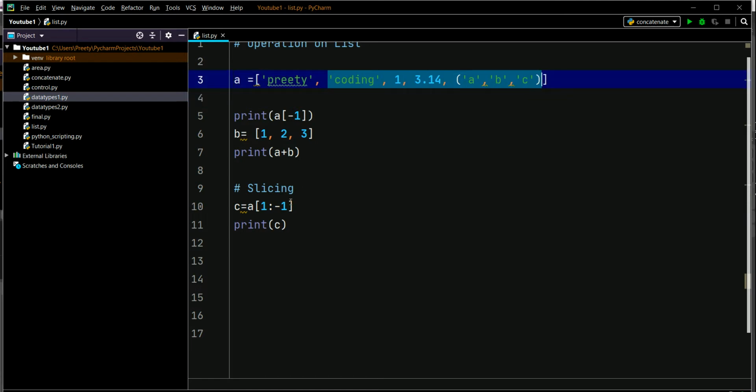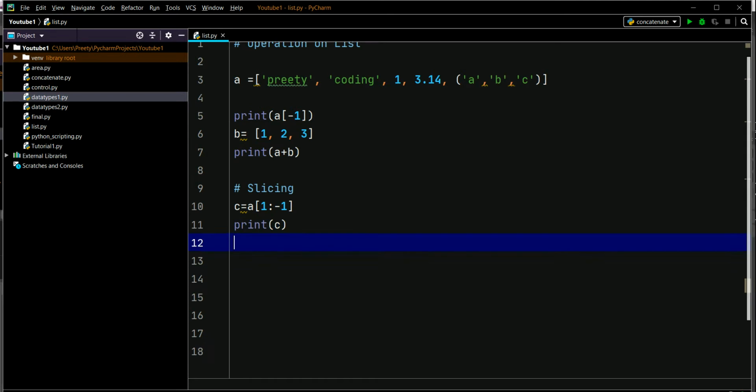But it will not consider the last index value you have given. It will just print till one element before the last index value you have given. So you have given -1 and just before -1 there is 3.14. So it will print till there. Hope you are understanding. So this is something called slicing.